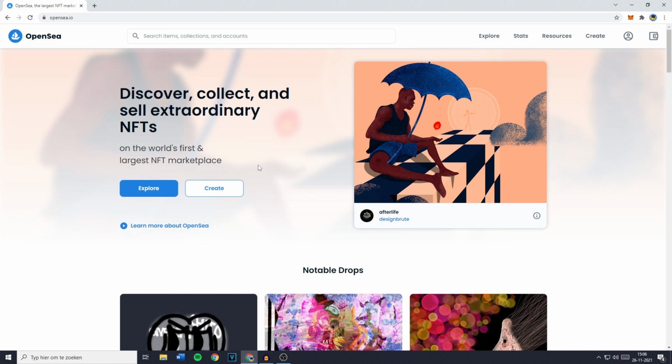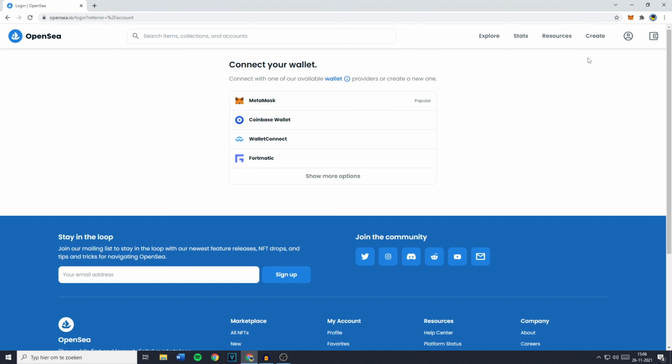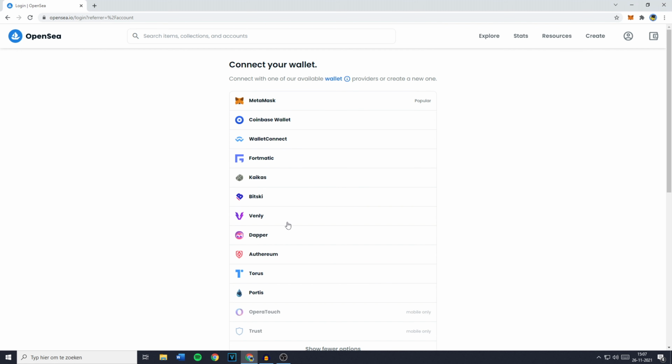Now the first thing you need to do is to connect your wallet to OpenSea. So to do this, you need to go over to OpenSea.io and you'll then see this page. Now you want to go over to this icon in the top right and click on Profile. You'll now be sent over to connect your wallet, where you can choose the wallet you would like to connect